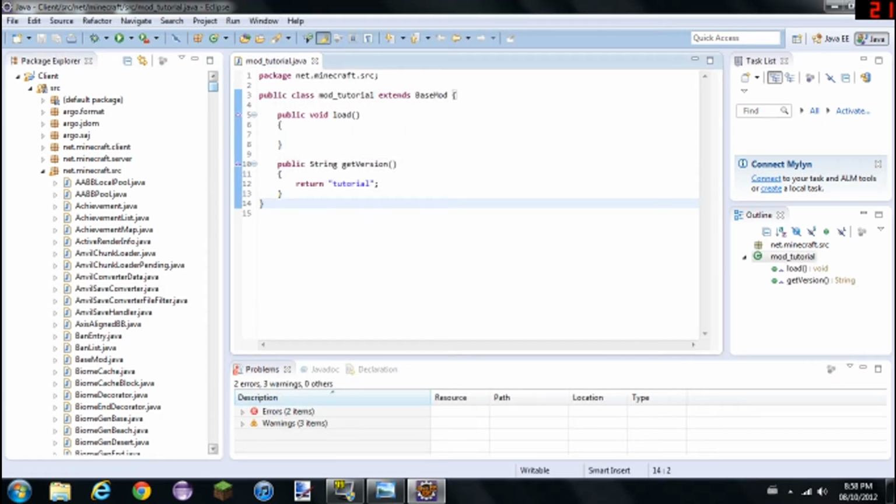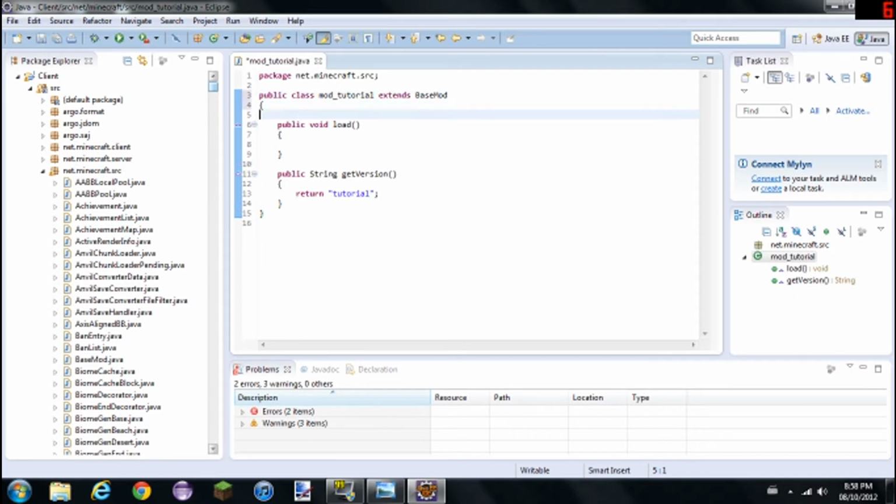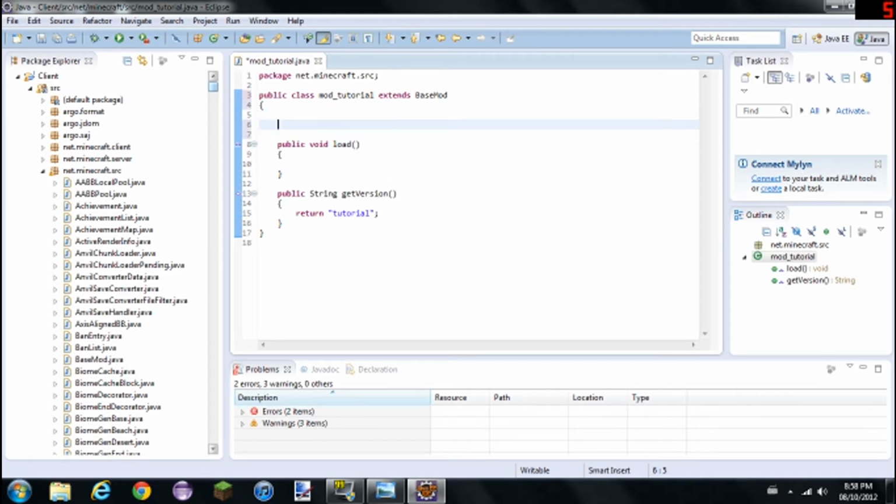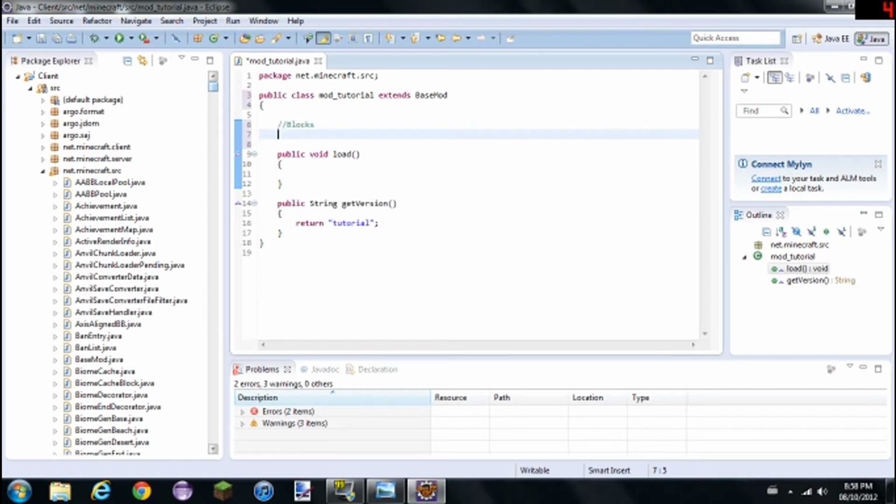Now, the first thing that you guys want to do is, inside this folder, I like to have this neat, so press enter a couple times and have a comment called blocks. Having two slashes allows you to have comments inside your code. It's just there for your eyes to see, so it doesn't show up and doesn't do anything. Now, in order to do a replica block, you're first going to need a texture,